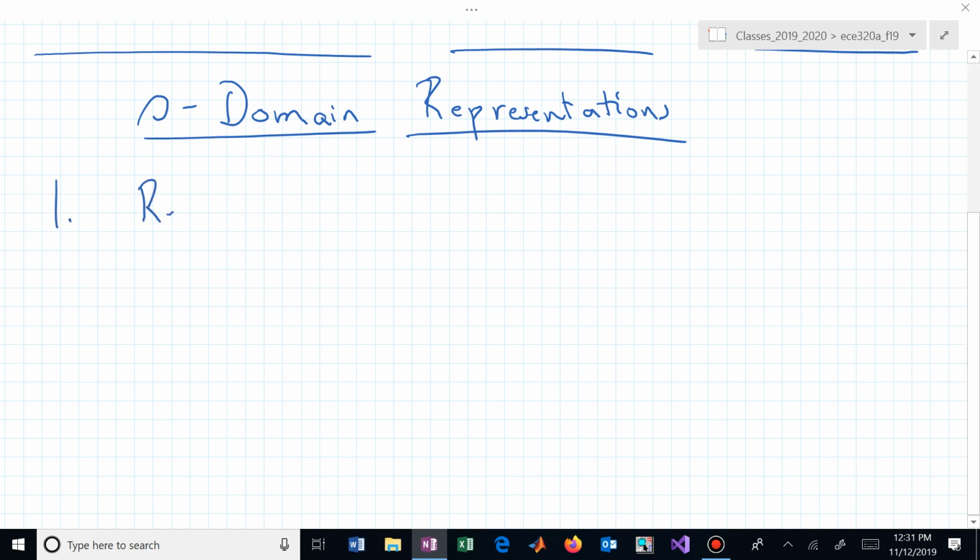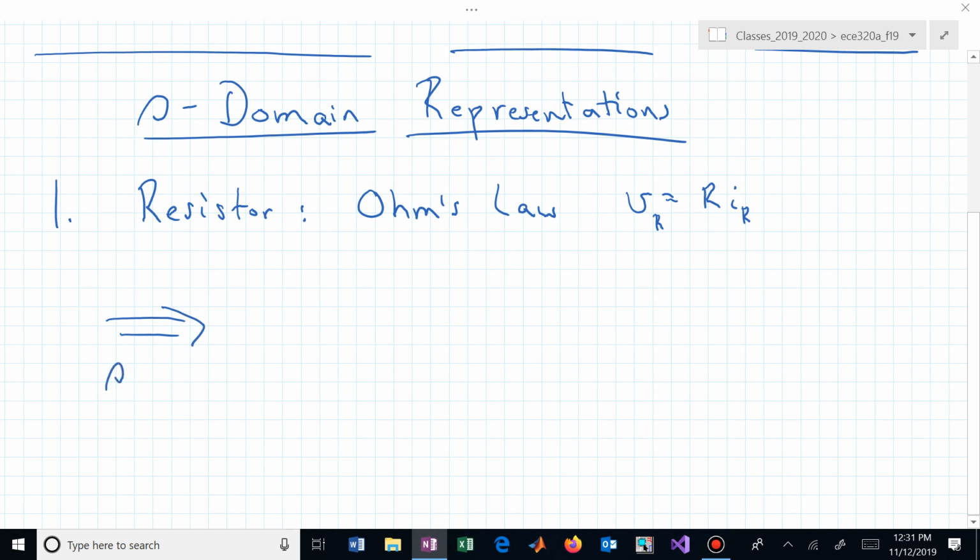Resistors. These actually go straight from the time domain right into the frequency domain, and it's all because of Ohm's law, which says that V is equal to Ri. There is no energy storage, no differentials, no integrals. It's just a constant relationship between current and voltage. And because of that, then in the S domain,